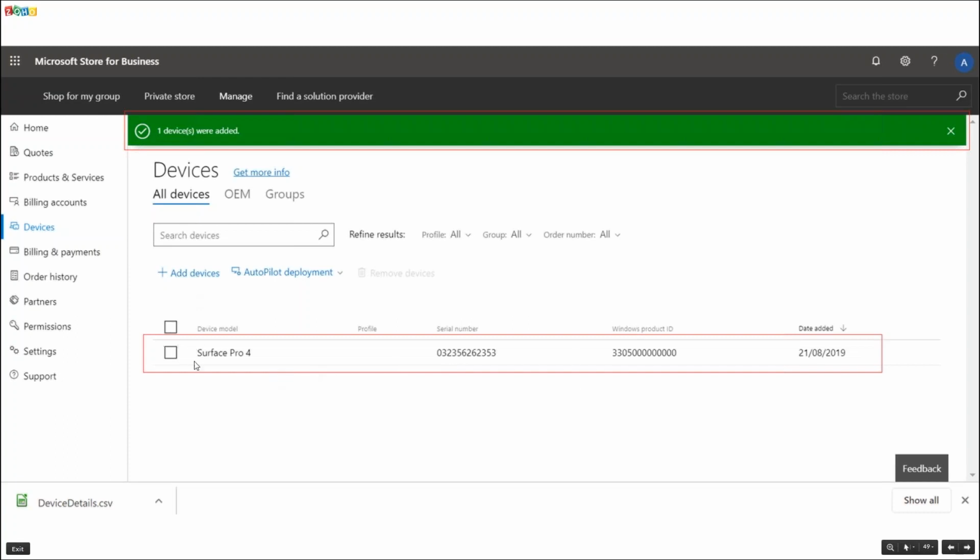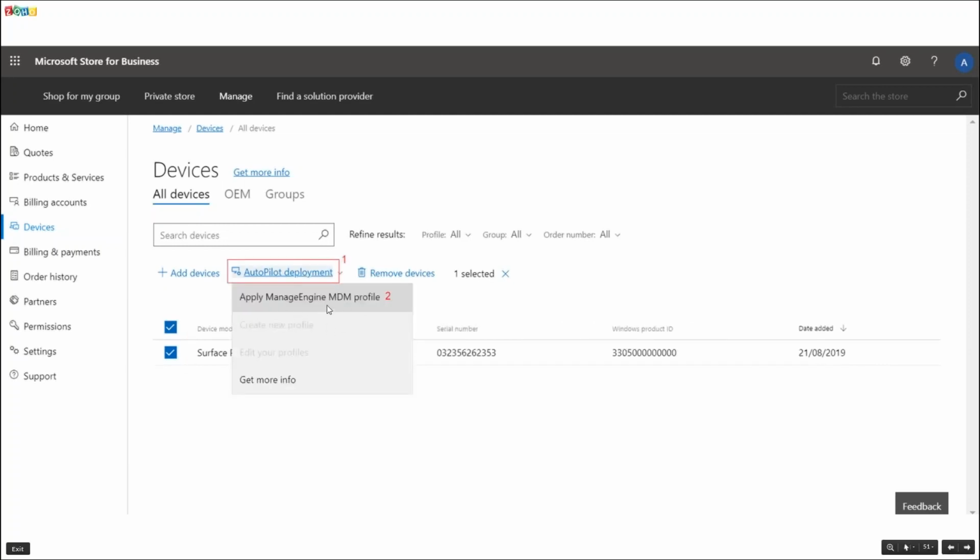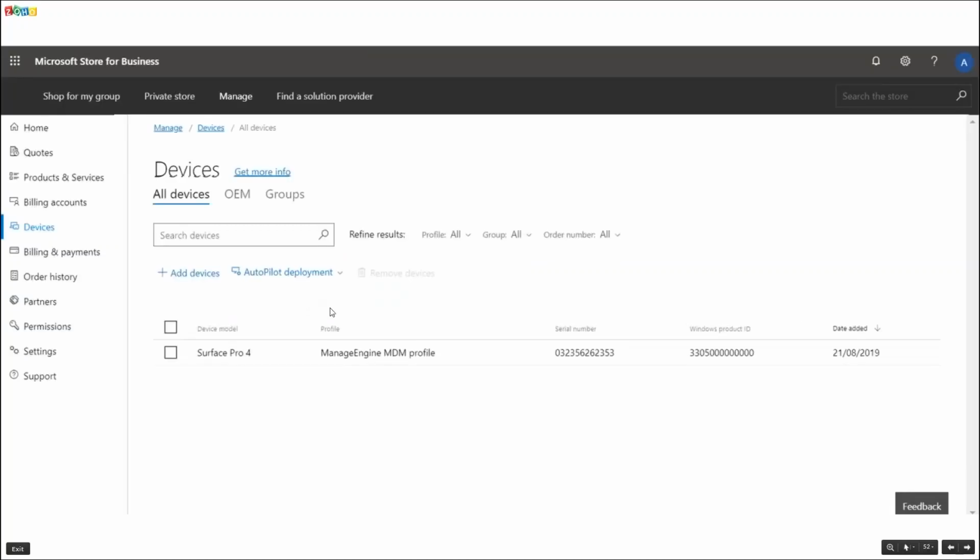Once that is done, you can select the required device, choose the Autopilot deployment, and apply or assign the profile you have created. So once this is done, the profile is updated to this particular device. Likewise, even if you have purchased 100 Windows laptops, you can just upload them and assign the profile in one single go. And all the user has to do is just turn on the device, which has to be connected to Wi-Fi, which will activate based on the serial number, and the device will get registered under our MDM